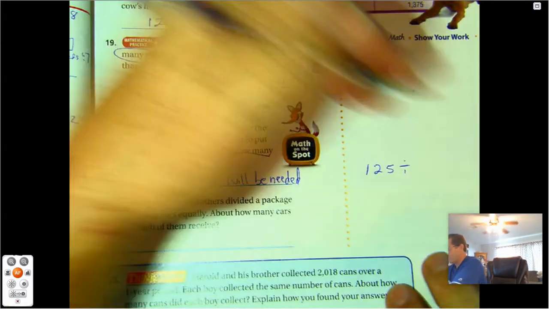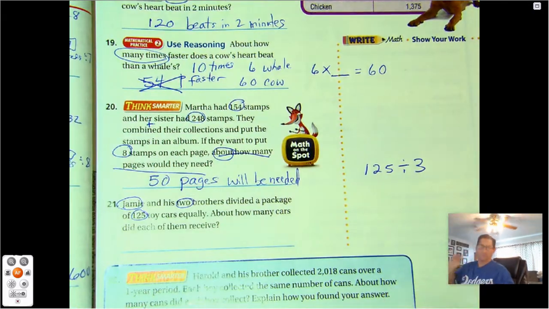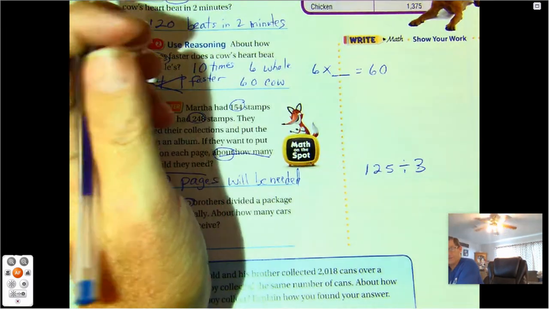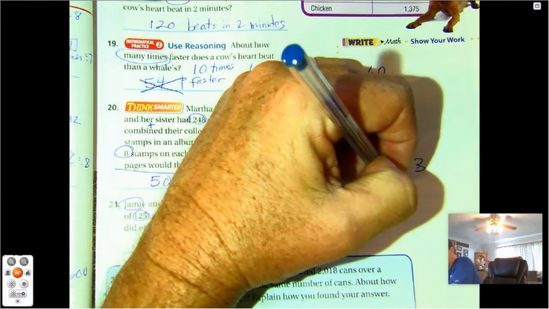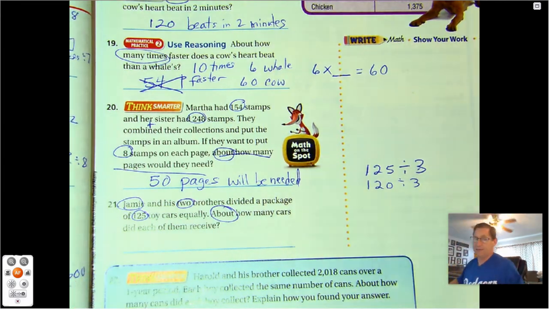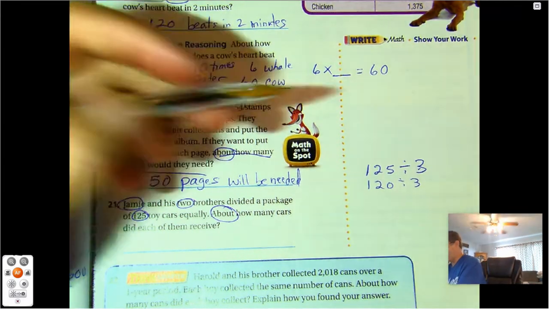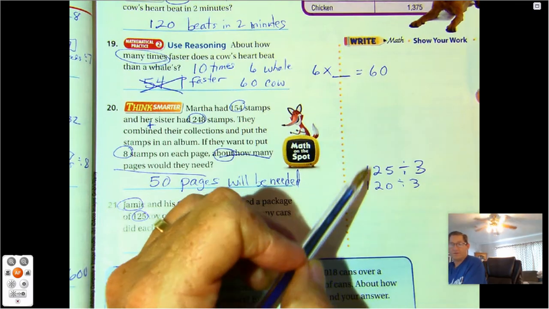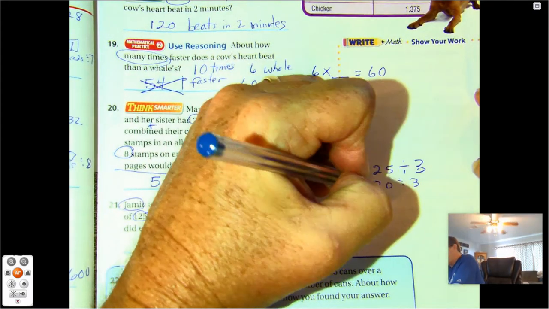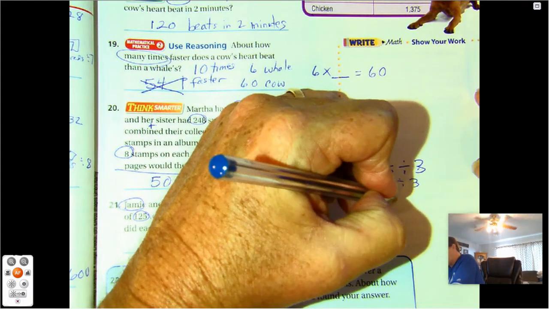So 12 can be divided by 3. So let's just leave it as 120 divided by 3. Because again, I see the keyword about. I don't need an exact answer. I need an estimate. I need a quotient that's close. So I'm going to change 125 to a compatible number of 120 divided by 3. And 12 divided by 3 is 4 tens or 40. So about 40